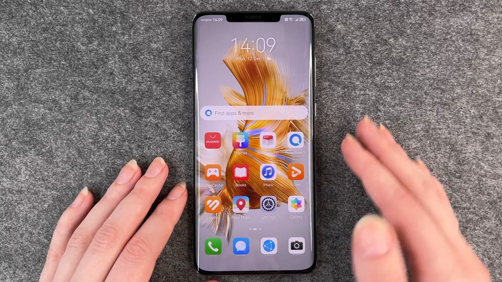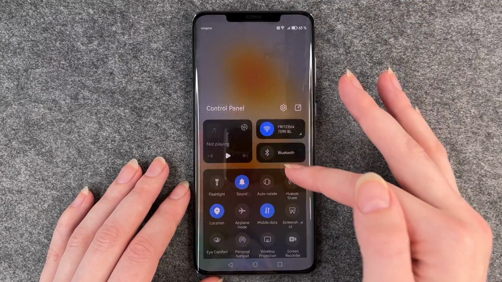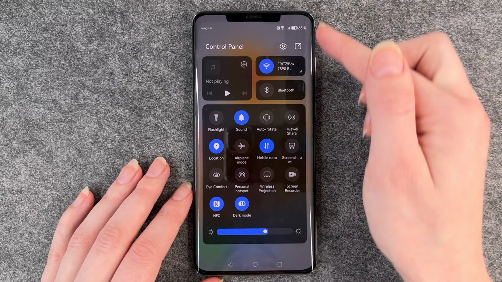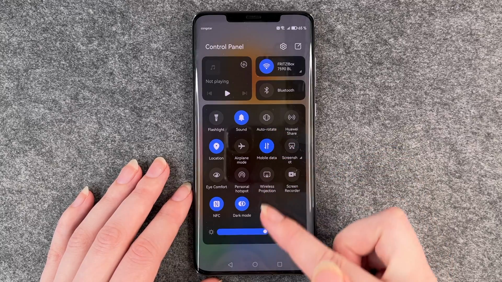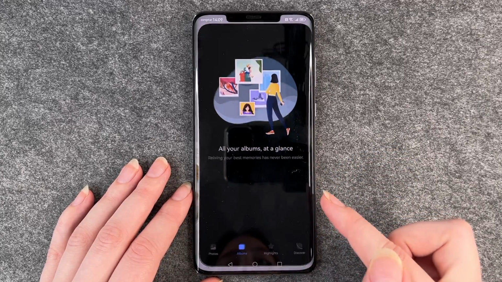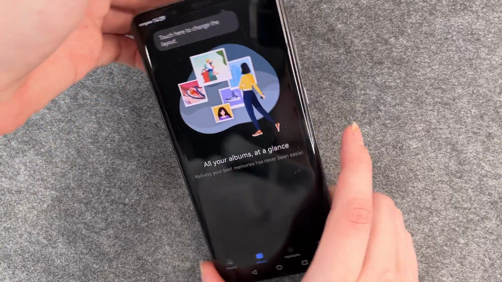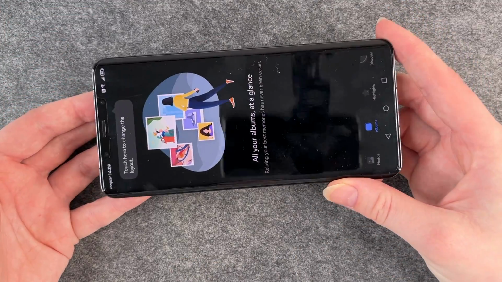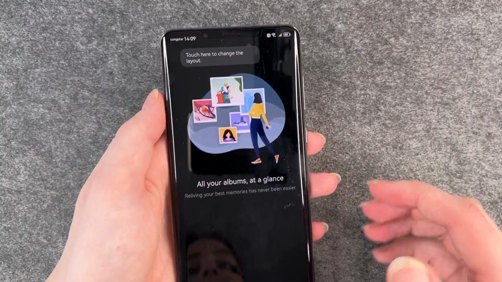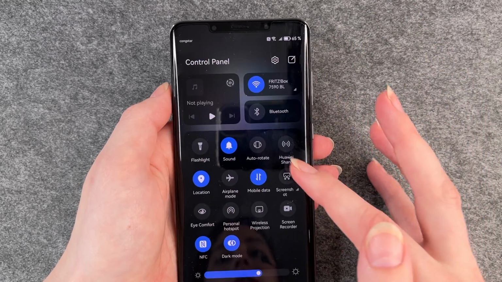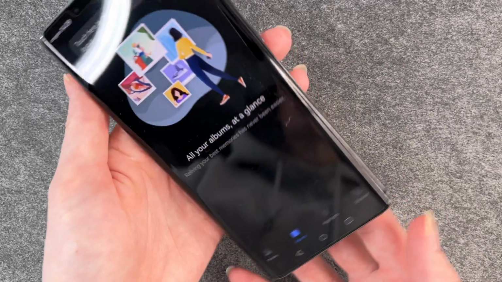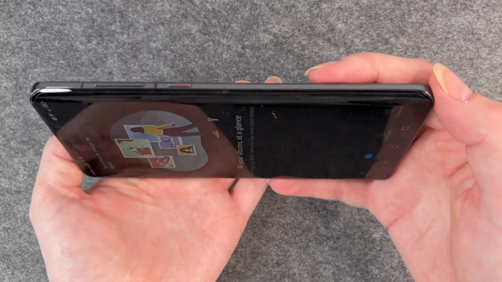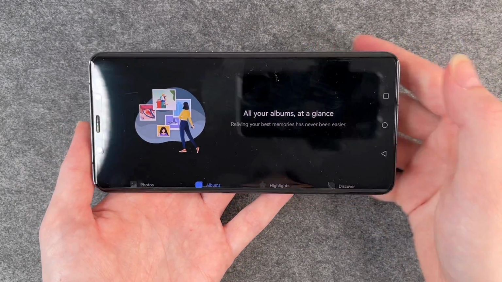Little demonstration. You can see if it's enabled or not if you go to your drop down menu and you see auto rotate. It's off right now. Let's go to our gallery and let's turn it sideways. It won't shift. So when we enable it and then go to our gallery and shift it sideways, you see